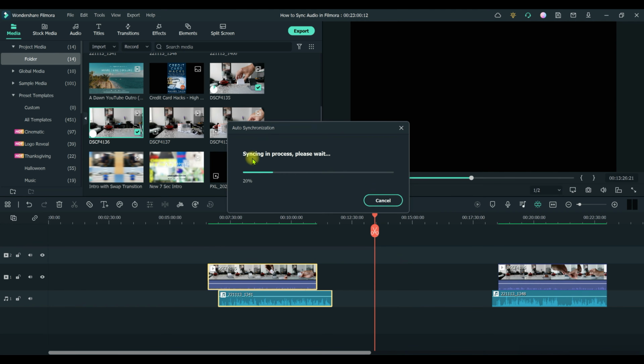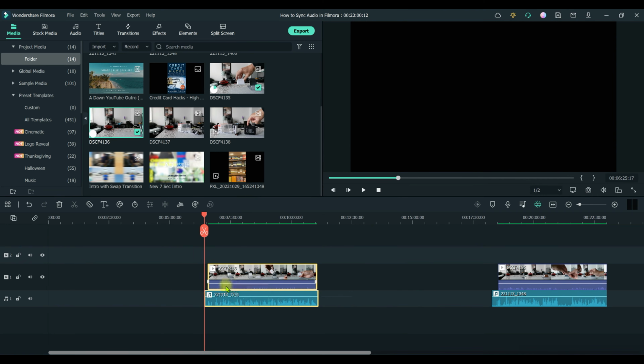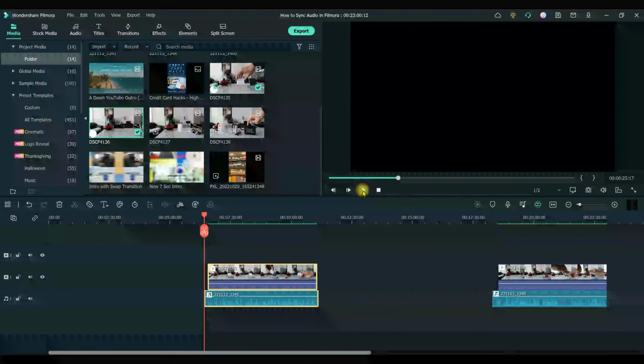now you're going to get a message that syncing is in progress, and what it does is sync your audio and video clip together. If you take a look here, they're aligned now. So if you just hit the play button,